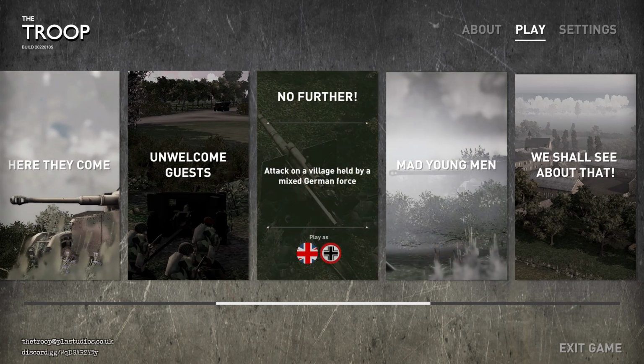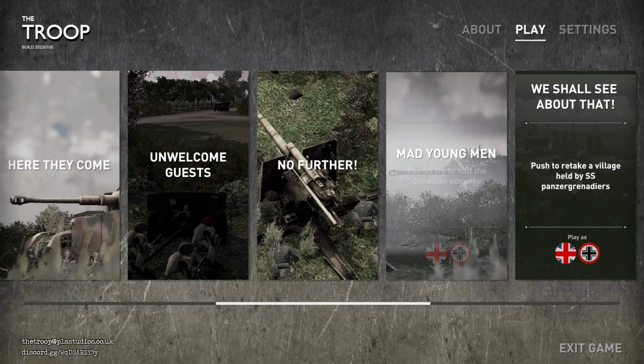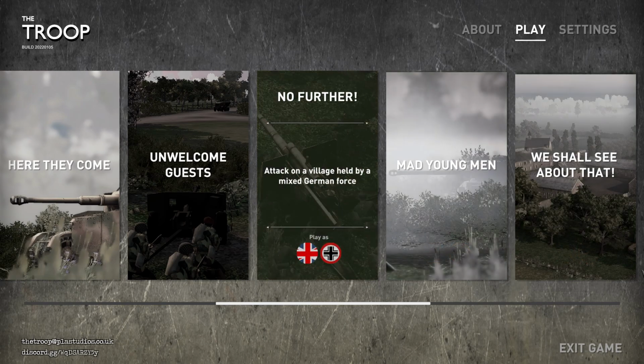No Further. So we actually have to attack a village held by a mixed German force. So the decision is, do we play it first as the Germans and see what we get, and then that gives us the intelligence, or we play as the Brits and just push on in. I think next time we'll play as the Brits, No Further, and we'll see what we can do about that. Oh, good grief, just noticed that. Okay, so